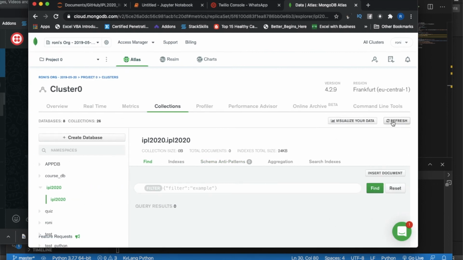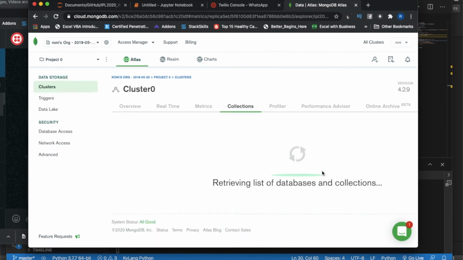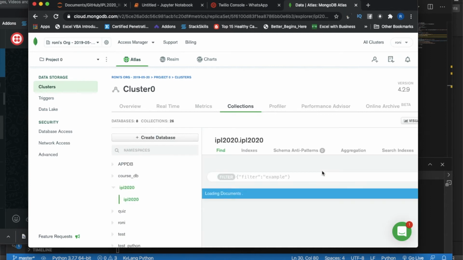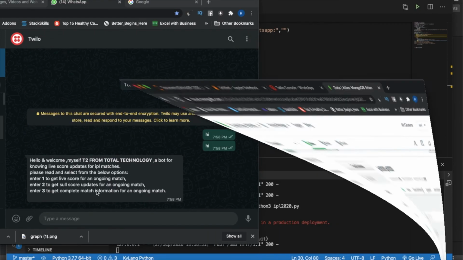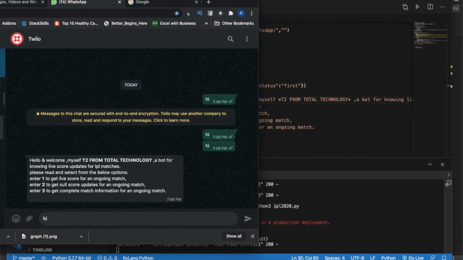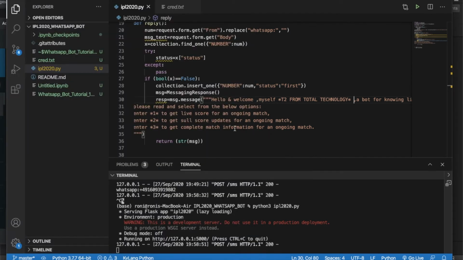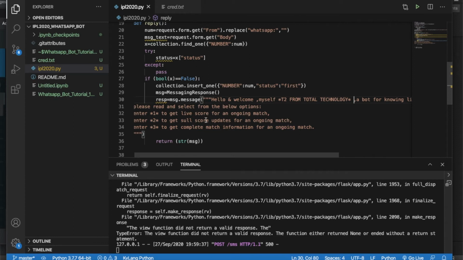One entry will be created for my number. Now if you see, status is first, meaning I am sending the message for the first time. Now if I run this again, send this message again, nothing will happen, because I have only selected this thing for this. Now I am getting an error.